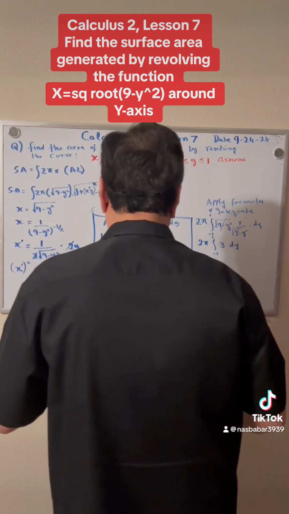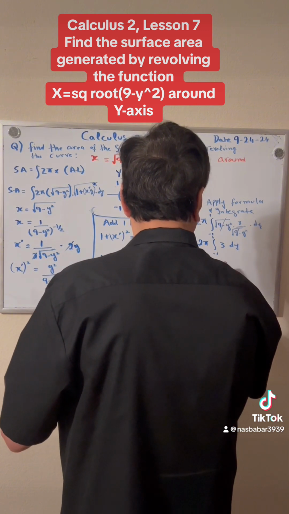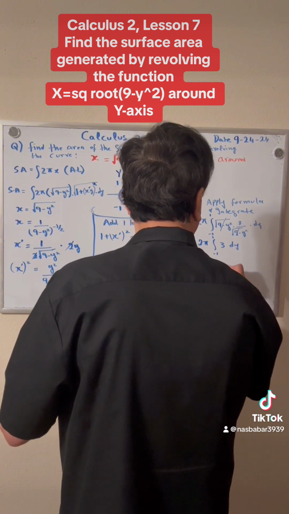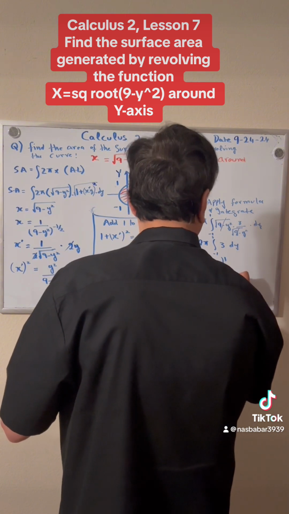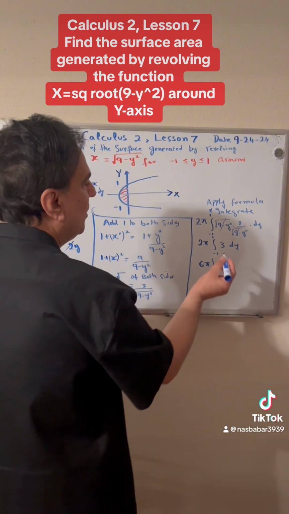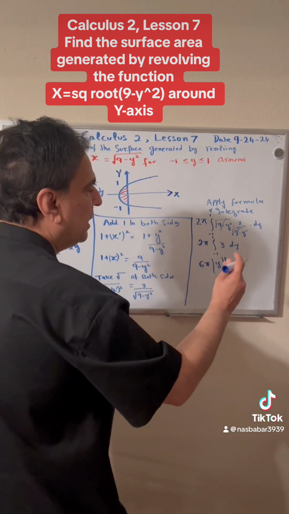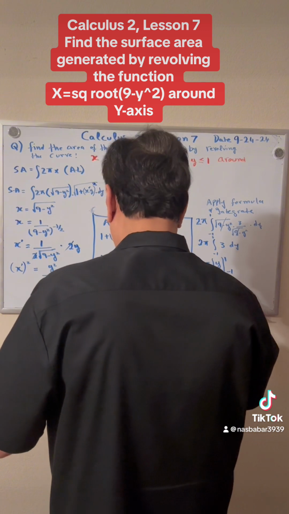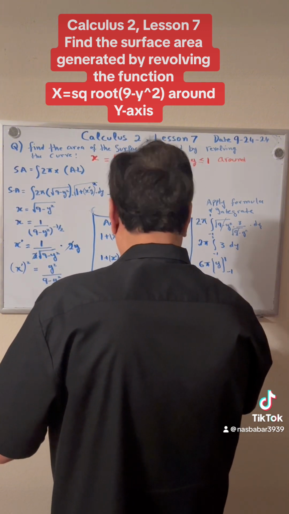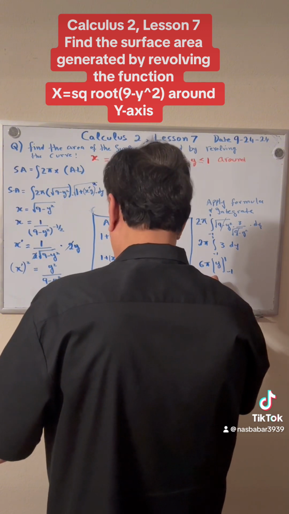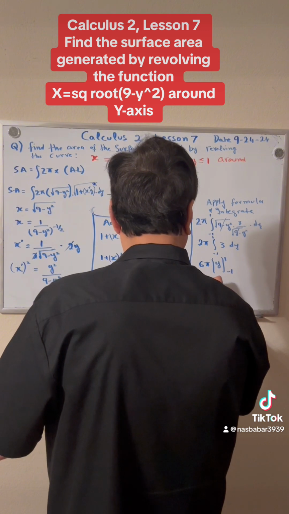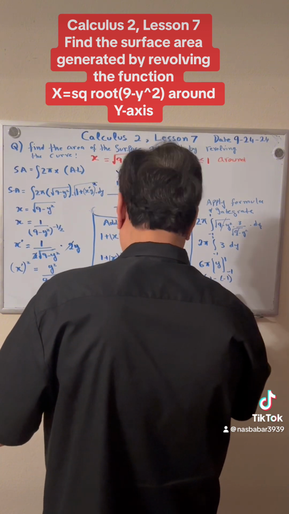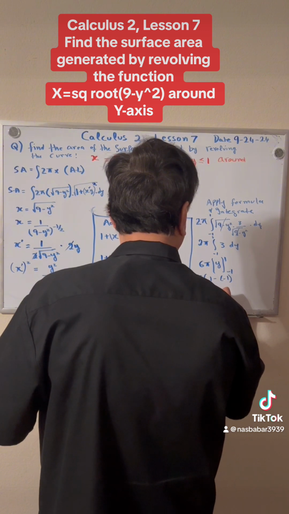So when we integrate this, we get 6 pi y, and we put the range right here, 1 and -1. In other words, plug in positive 1 for y, minus, then plug in negative 1. Let me show you one more step. I don't want to skip the step. So you have 6 pi into (1 - (-1)). So the answer is 12 pi